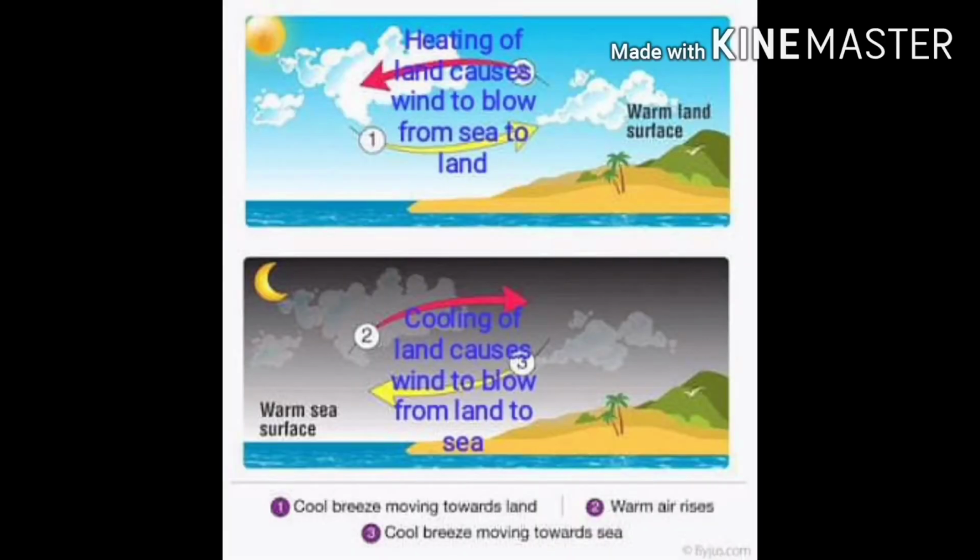Third factor that influences the distribution of temperature is nearness of ocean. Temperature remains moderate at places close to the sea. This is due to the fact that during daytime, land gets heated more quickly than the adjacent body of water, and as a result, a cold wind blows from sea to land. At night, cooling of land causes wind to blow from land to sea. Due to this sea breeze and land breeze, temperature remains moderate at places close to the sea, whereas the temperature will be higher at places far away from the sea.